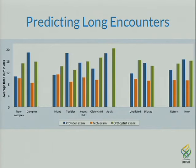The basic difference between them is that the orthoptist sees patients that have strabismus, and the tech sees patients who don't. So anytime you see a green bar, essentially you're looking at strabismus patients, and the orange are everyone else. You can see, for example, the one in the middle is age. The toddlers, not surprisingly, take a lot longer for the provider, and the adults do as well. You can see that dilated exams, now this is just the exam itself,